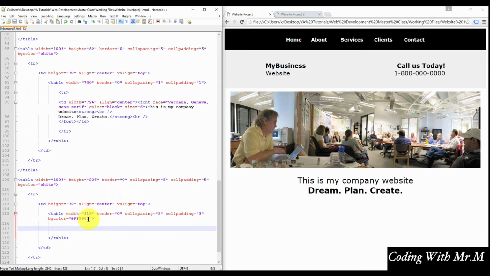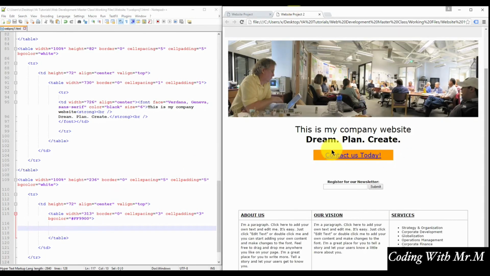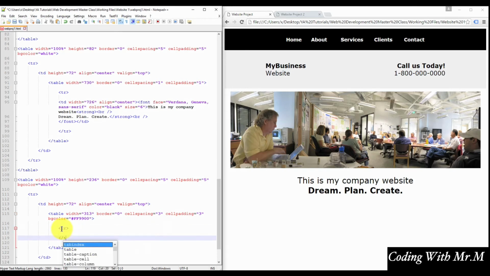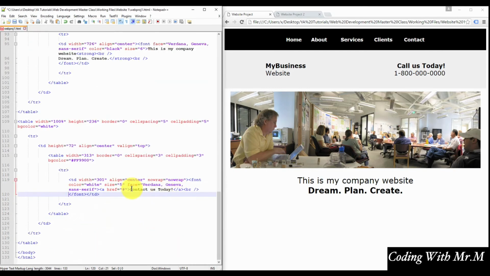So this table contains the orange background color that you see here. So this here is the hex code for that color. And we've also set a width of 313 pixels, cell spacing and padding of 3. I'll create a table row. Now create the column that holds the Contact Us Today text. And we've given this column a width of 301 pixels, center alignment, a no wrap attribute,